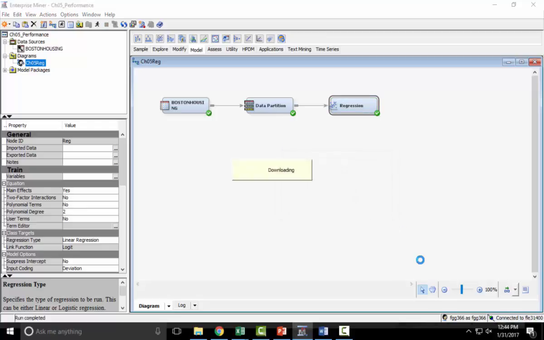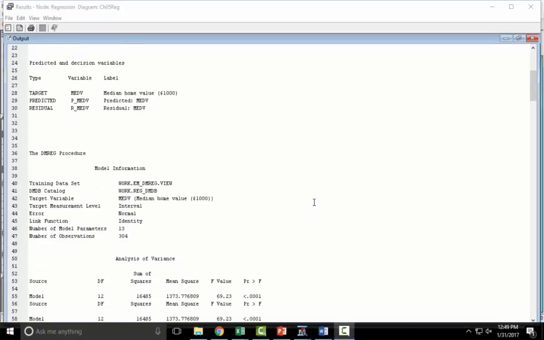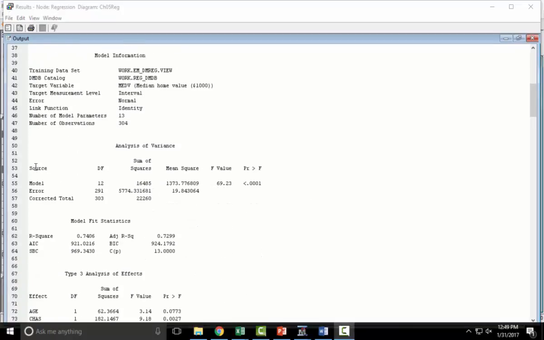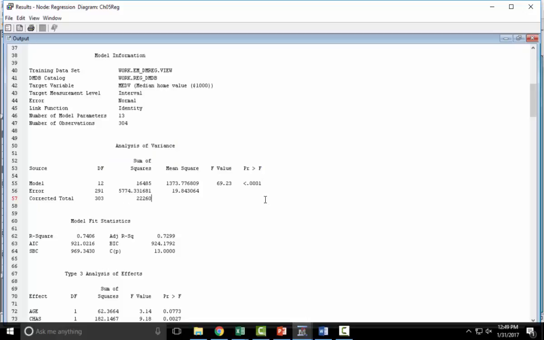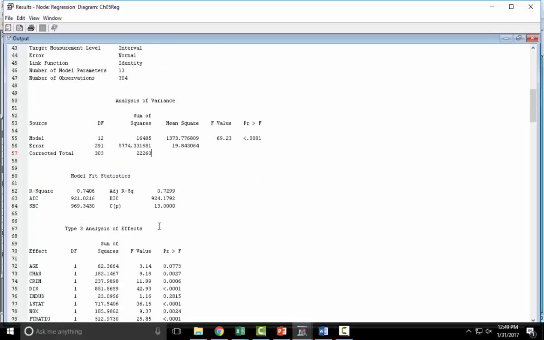Okay, let's click on results. Okay, so looking at the results, we have the analysis of variance for the regression, so right here,